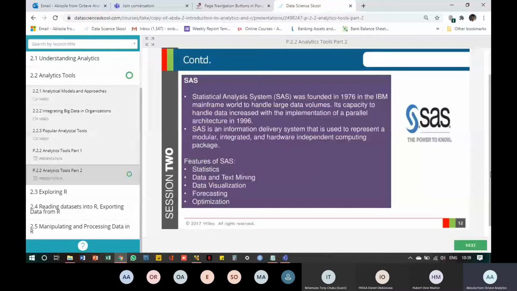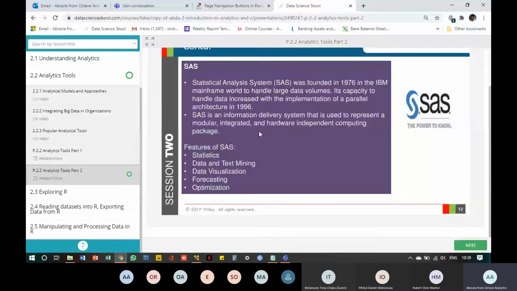And then SAS was the analytical tool that controlled this whole process, and it's an information delivery system. It uses packages. It's integrated. You can integrate it into your computers, and it's independent, basically.